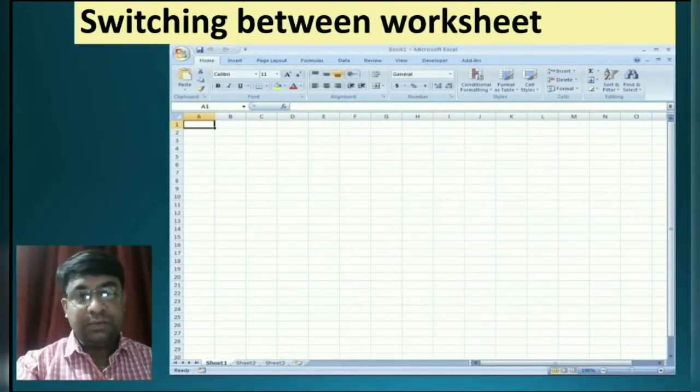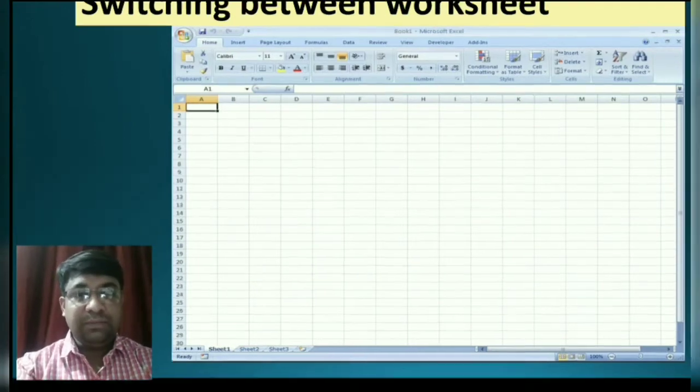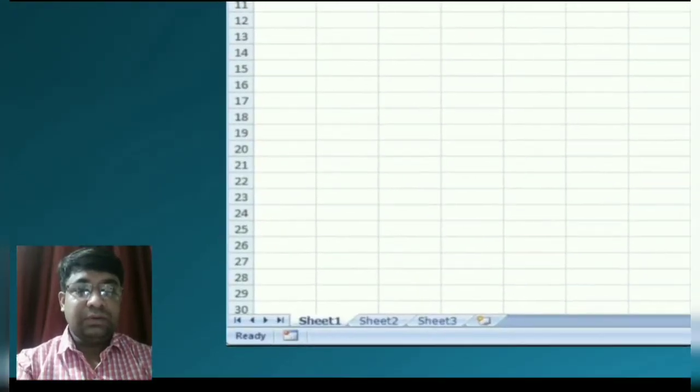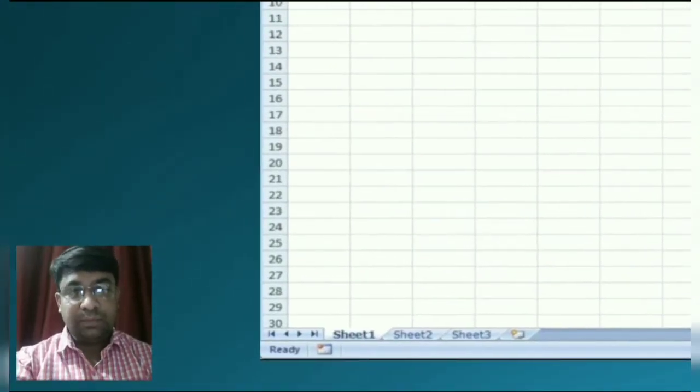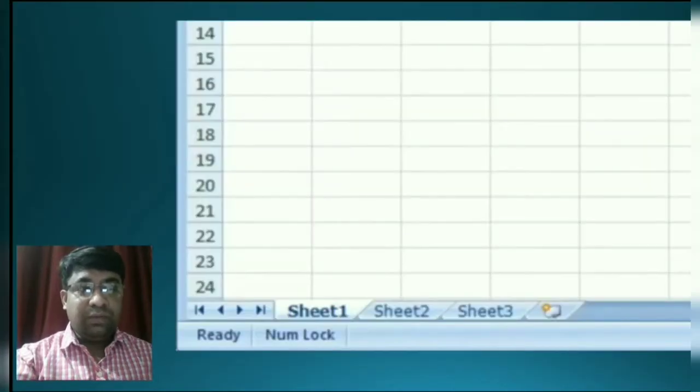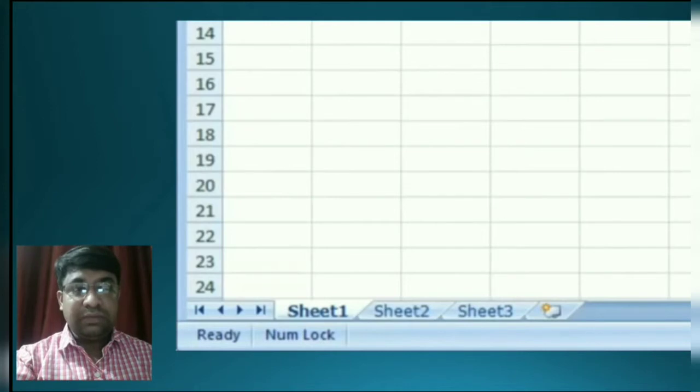So students, to switch between worksheet, click on the worksheet name on the worksheet tab. You can see that in the diagram. When you have multiple worksheets, then only a few worksheet names are available on the screen.